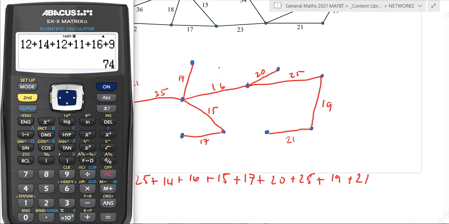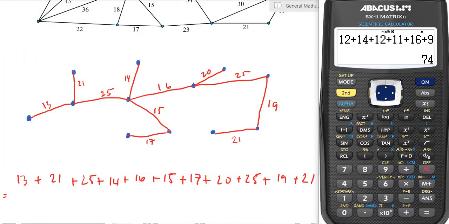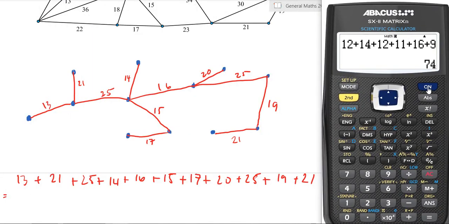Oh, I can't. Let's move this way then. So I've got 13 plus 21 plus 25 plus 24, 16, totally missed one. 14. Just make sure I got them all. 13, 21, 25. Oh, okay. 14,